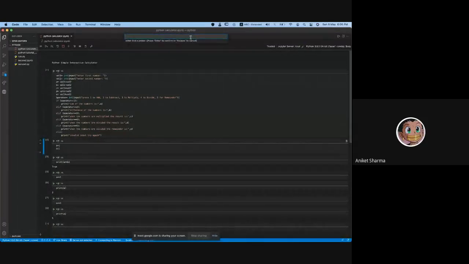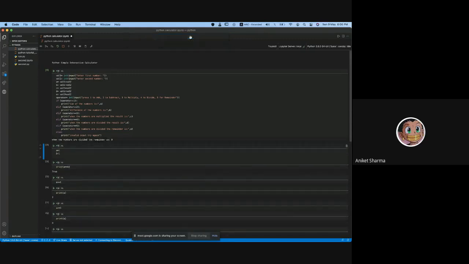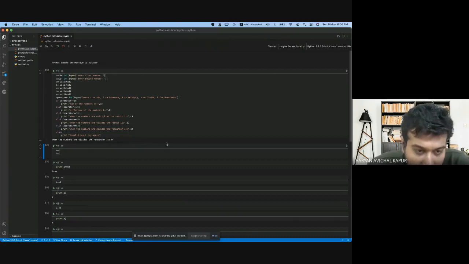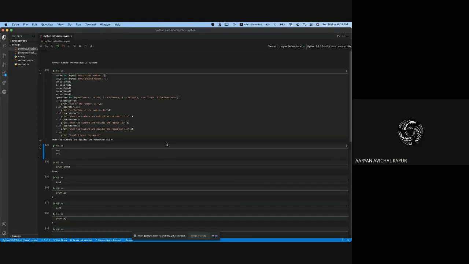When I add the first number, say 12, and the second number, say 12 again, it asks me to add, subtract, multiply, divide, or give a remainder. So I can choose remainder, and I'll get the value of 0. Correct, this is correct. One thing you could have done differently is that you're calculating everything beforehand. Even if I don't want you to add, you are adding it. That makes it a little unoptimized, but you've done it correctly.